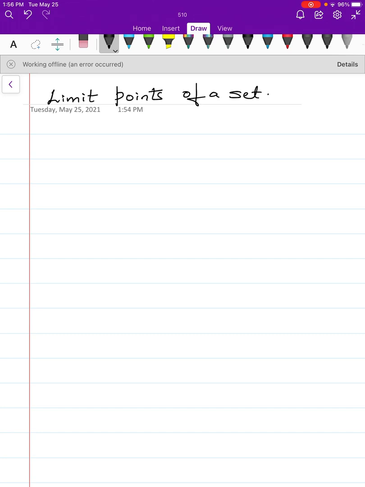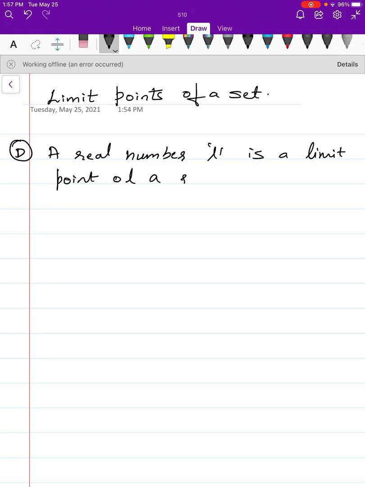Okay, hello everyone. This session is about limit points of a set. So we are dealing with sets in real space. So let me define a limit point of a set. A real number L is a limit point of a set S, subset of R,